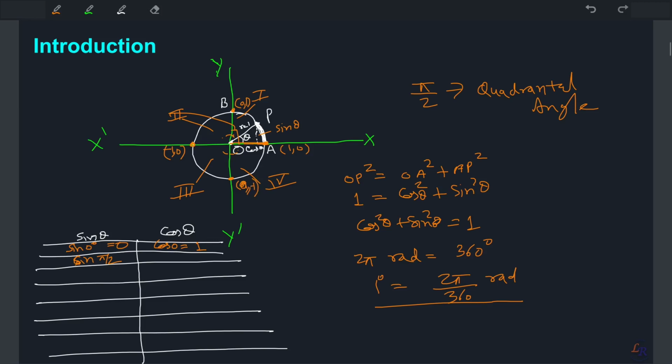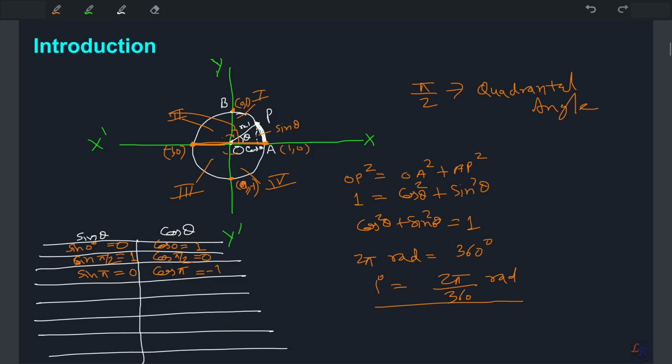So similarly, when I talk about pi, it comes here, right? Let's say sin pi by 2 is equal to 1, and similarly cos pi by 2 is equal to 0, because the cos component is 0 here. Let's talk about sin pi here, so sin pi again becomes 0, and if you take cos pi, it is minus 1.